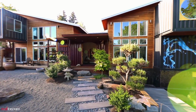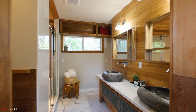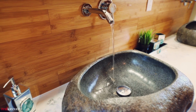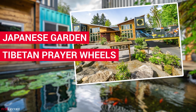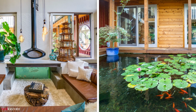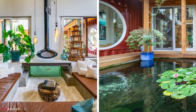11 shipping containers of different colors make up the 4-bedroom, 3.5-bathroom house. But this isn't modern industrial. The home features lots of wood and Asian influences, like a Japanese garden, Tibetan prayer wheels, and a Japanese tea room. While sitting in the sunken conversation pit inside, it is possible to see fish from the outdoor koi pond